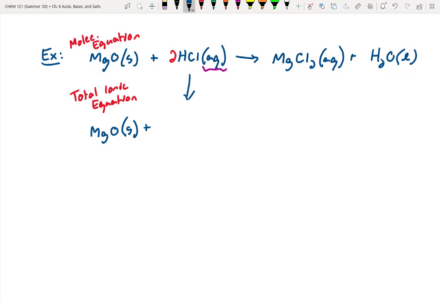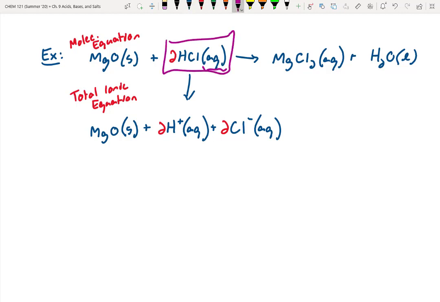And if we do that, we're going to get 2 equivalents of protons, and those will be dissolved. We're just going to go with the Arrhenius definition and leave out the H3O+. And we're also going to get 2 equivalents of chlorine, specifically chloride. It's got the negative charge, and this will be aqueous as well. So because this is aqueous, we will split it up. In fact, let me do a little arrow thing here, and we'll say these will dissociate